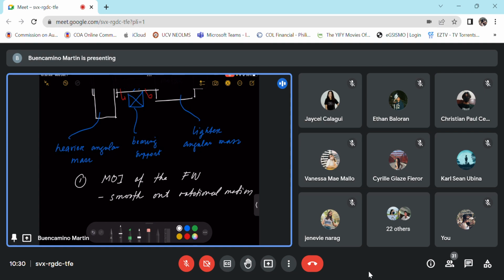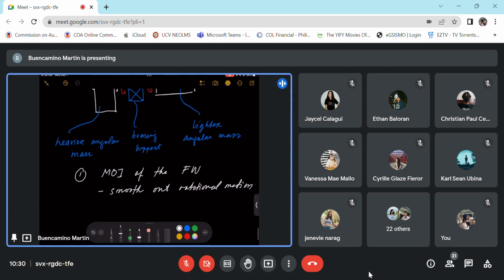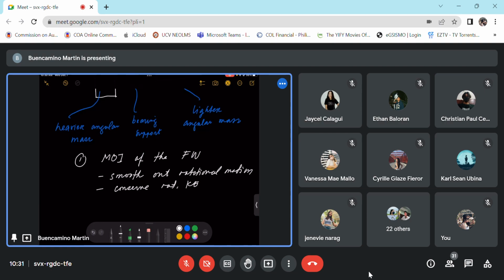And also to conserve rotational kinetic energy. Yung fluctuation of power is minimized